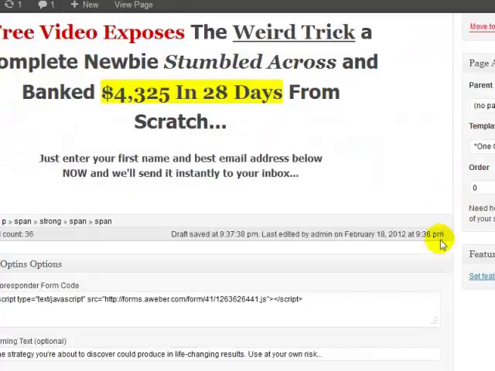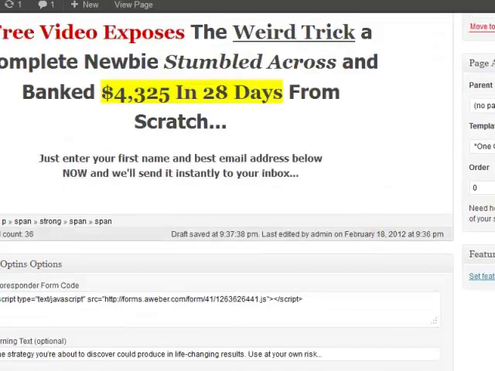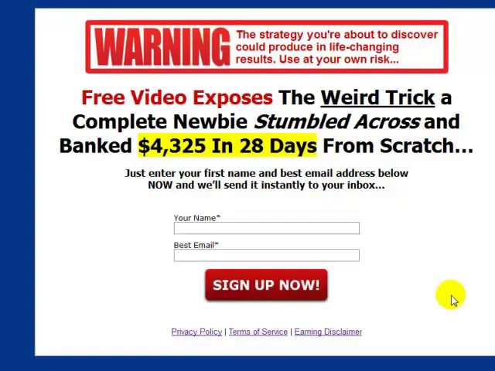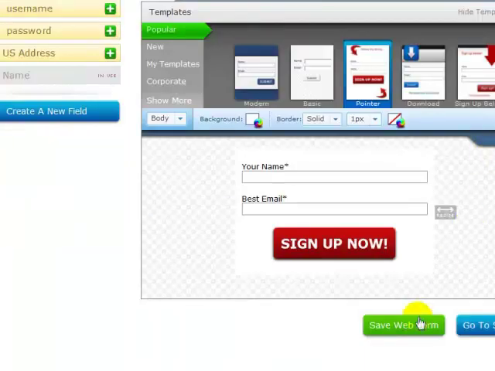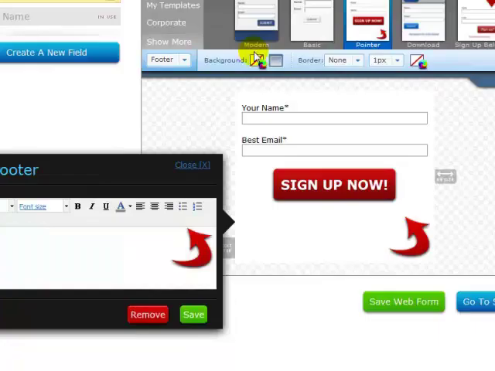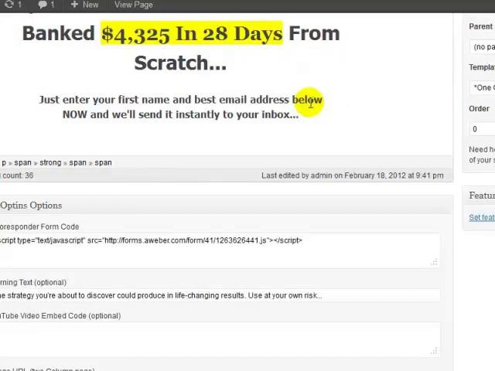And we have to get rid of that arrow. Update the page. And there you go. Okay, you have your privacy policy here, terms of service, earnings disclaimer. But if you wanted to add something else, you can add the footer here. Yeah, it's got the arrow too. And remove that. Another thing you can do is just add it right below,